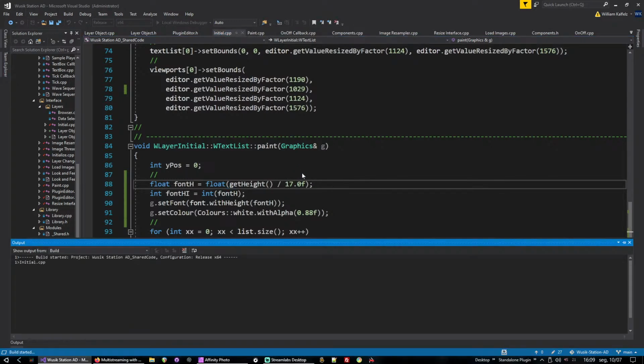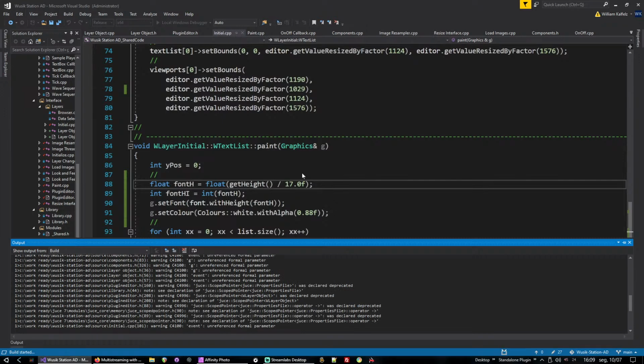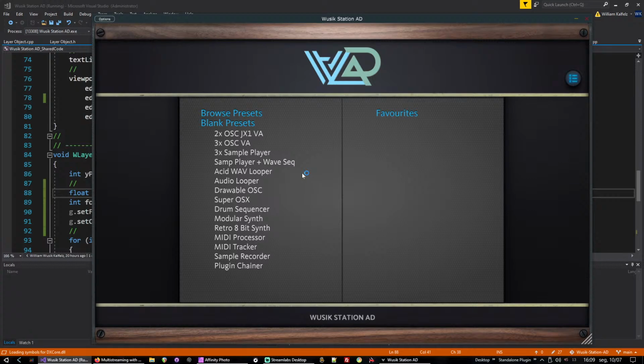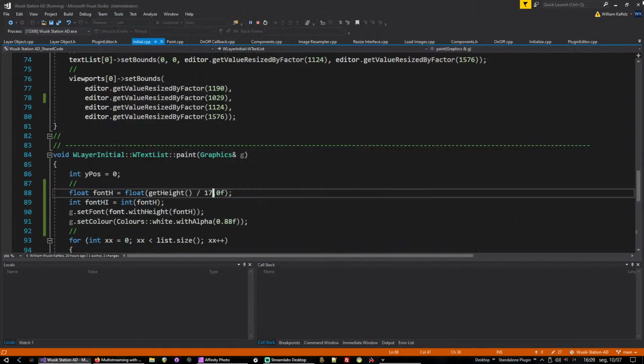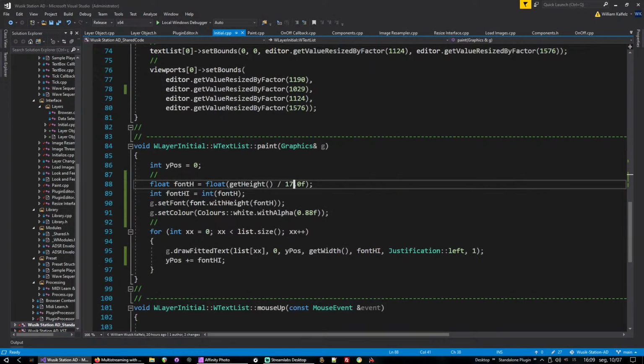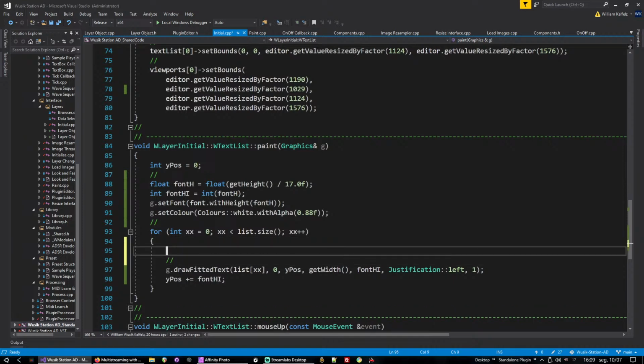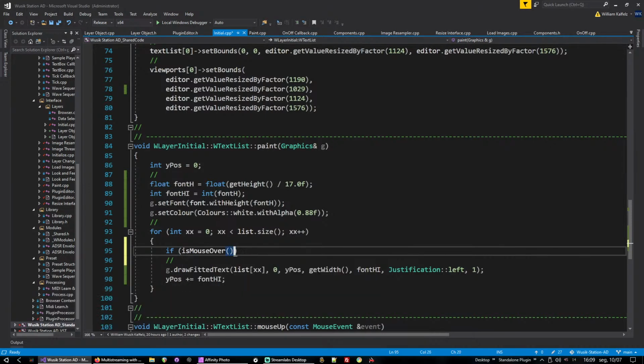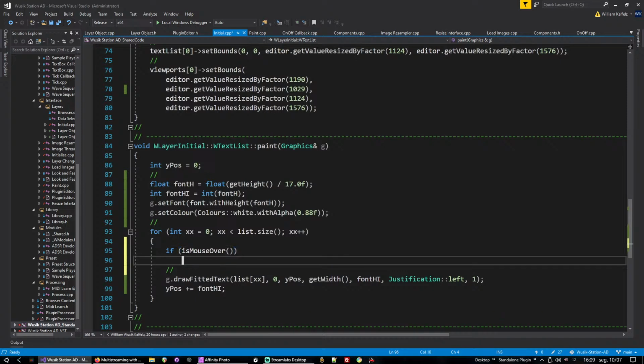Then the next step is just to add a square around it as you move the mouse over to check which one is the one you're selecting. So that's not hard to do. Let's go like this. Is mouse over returns true if the mouse is currently over this component. So if the mouse is over,